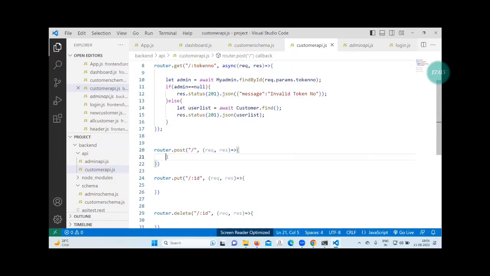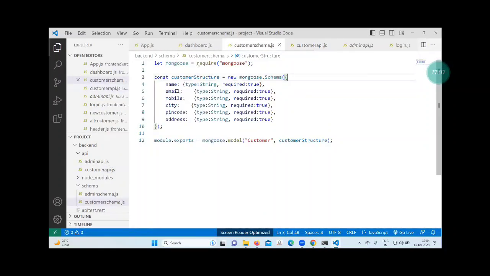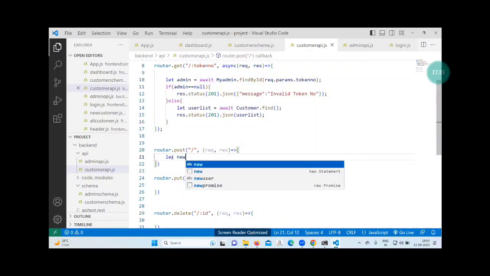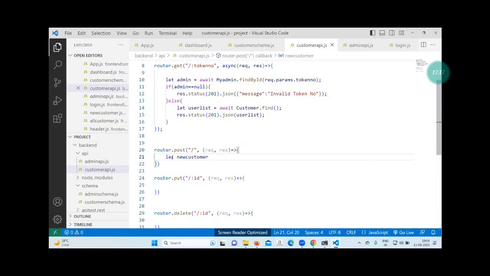Okay, in the post part, you write here: in customer we have name, email, mobile, city, pin code, and then address. Come to this right here: call let new customer equal to new customer.